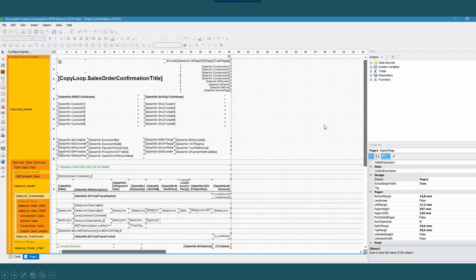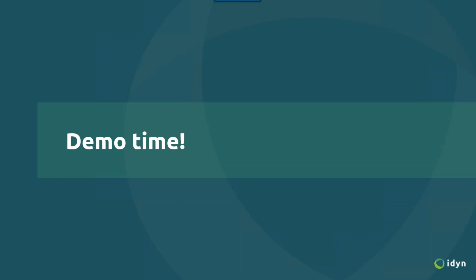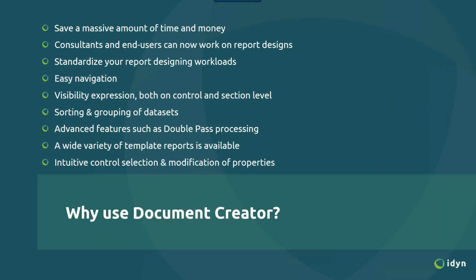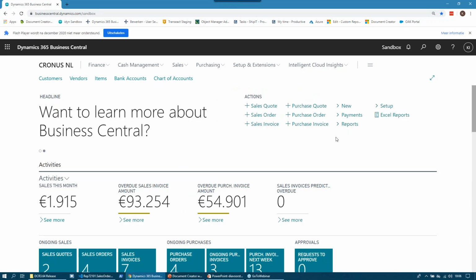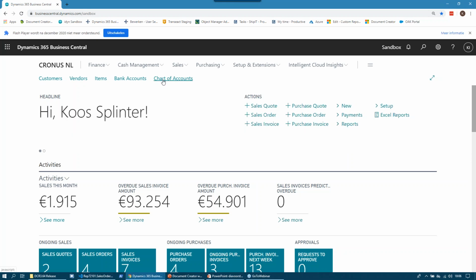This is what we are going to show today, and I'll give you some examples of the powers of control sets, data types, and stuff like that. So bear with me. It's demo time. All right, so as promised, I opened up a sandbox environment, and the Document Creator app has been installed